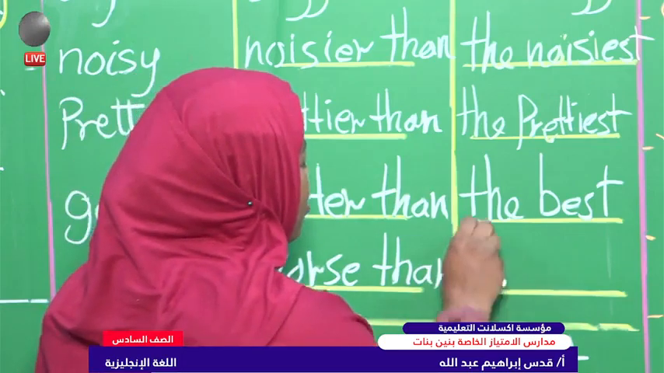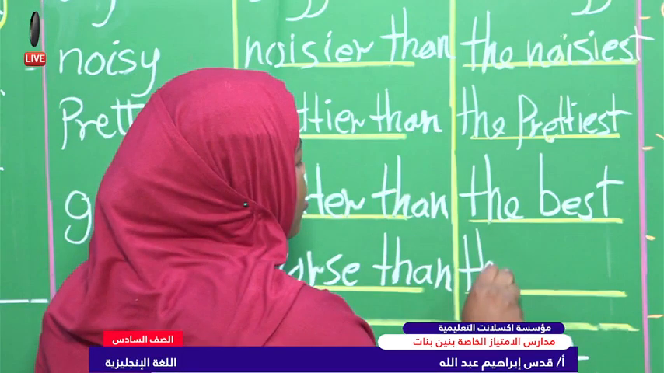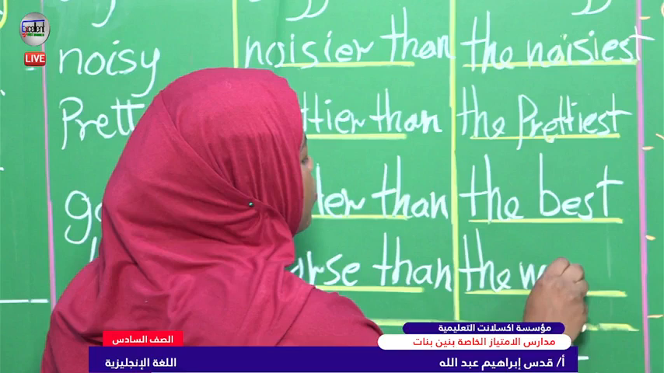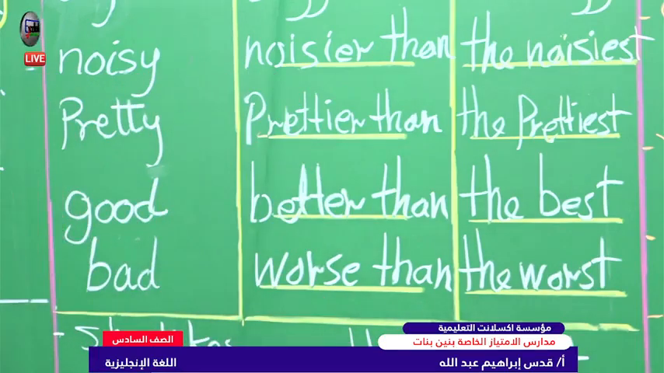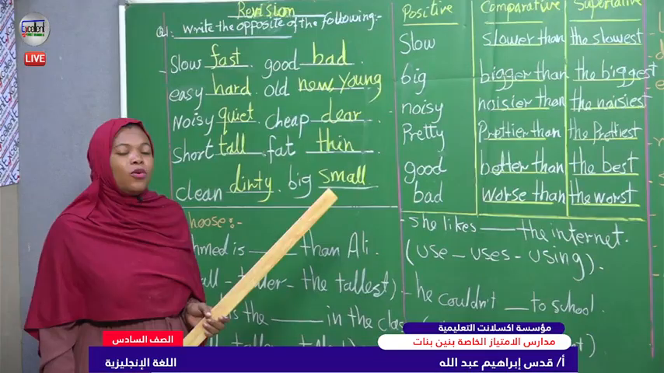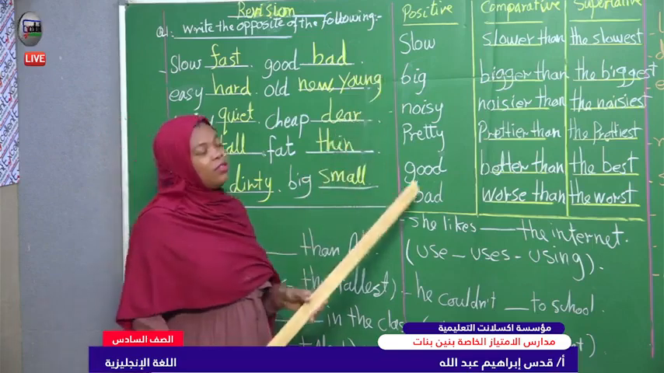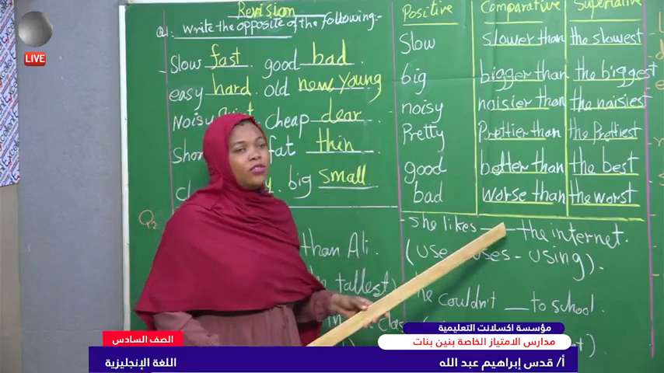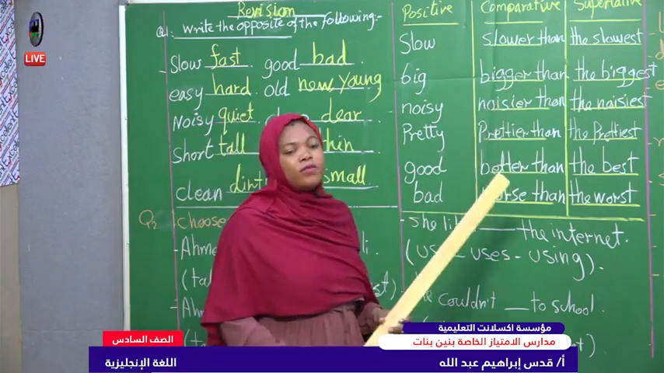The worst becomes the worst. So here we get to know the positive adjectives and the comparative adjectives and the superlative form